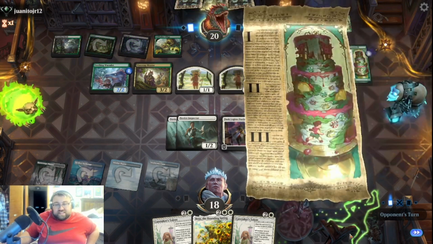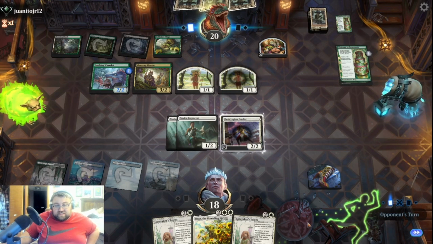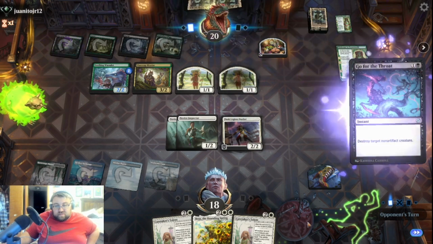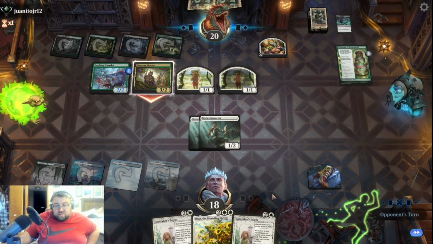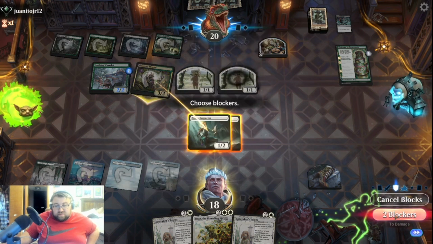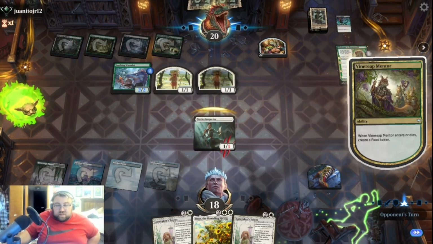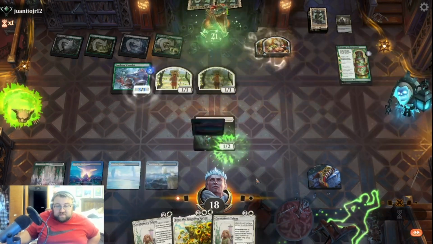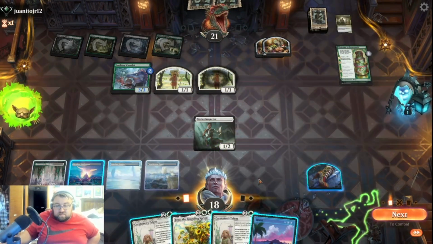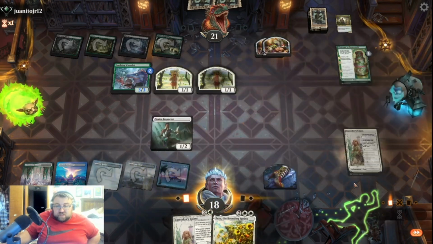Our opponent is definitely in the food shenanigans deck. Yeah, makes sense. I mean, yeah, we'll double block here. They will get a food token out of it, which will buff this, so we gotta keep that in mind. But we are getting ridiculously close to just...